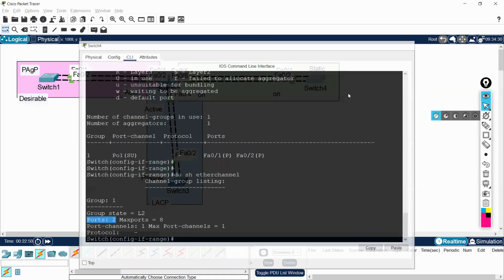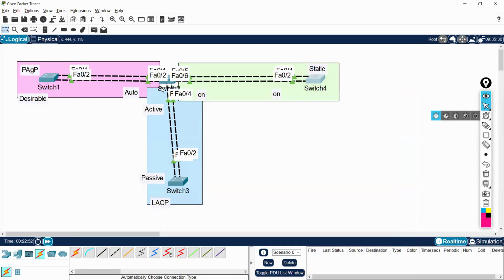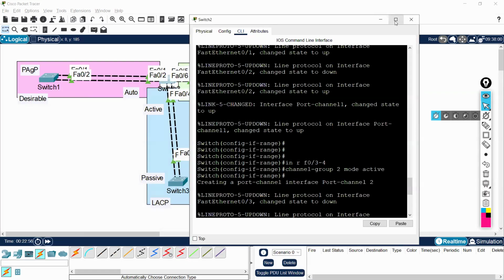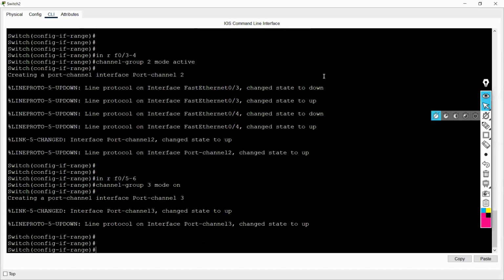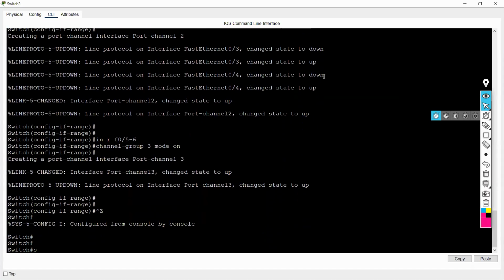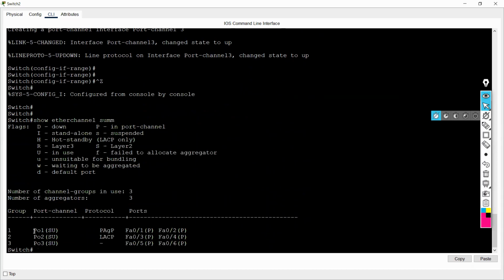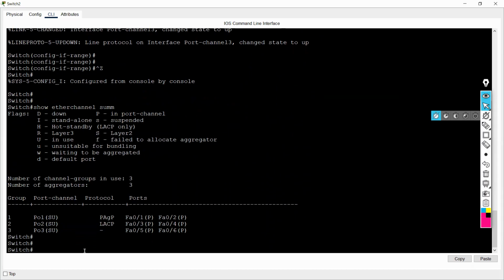So here we configured one protocol on each switch. On this one switch we configured all the protocols, so now let's check here. Show etherchannel summary. You can see Port-channel 1 PAgP, Port-channel 2 LACP, and Port-channel 3 static. But if you look now, there is a bug also. If I say show etherchannel,